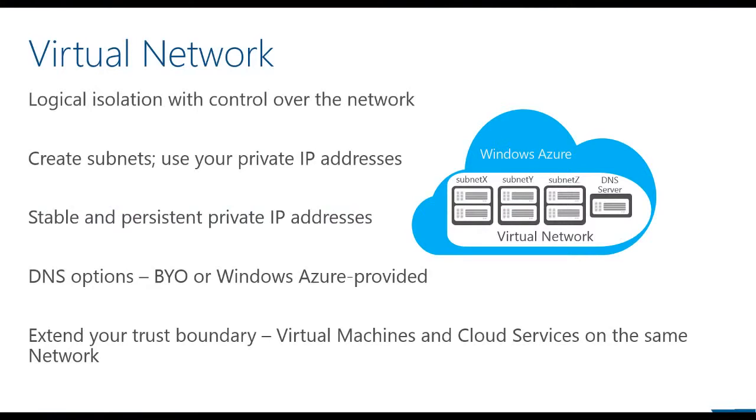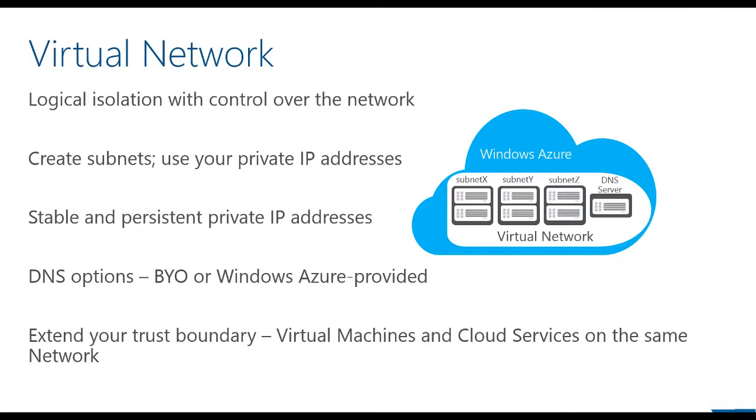Virtual machines deployed into a virtual network have stable, persistent, and predictable IP addresses. This allows for complex deployments such as Active Directory to run in the cloud. Virtual networks also allow you to deploy and specify your own DNS servers for these advanced scenarios. Virtual networks also allow you to extend your trust boundary beyond a single cloud service. Virtual machines in different cloud services, including web and worker roles, when deployed into the same virtual network, are allowed